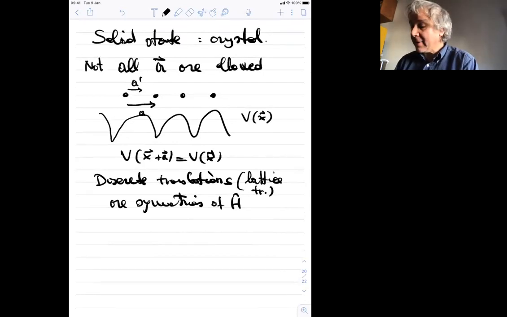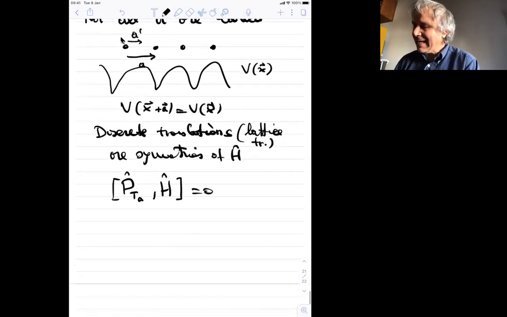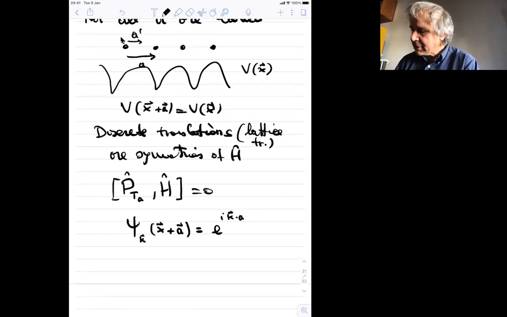Now, it means that I can simultaneously diagonalize the Hamiltonian with these discrete translations, because they commute with it. And in fact, Bloch wave functions are classified by a certain k vector k, and they obey the fact that if I translate by a lattice spacing A, what I obtain is e to the i k dot A times the